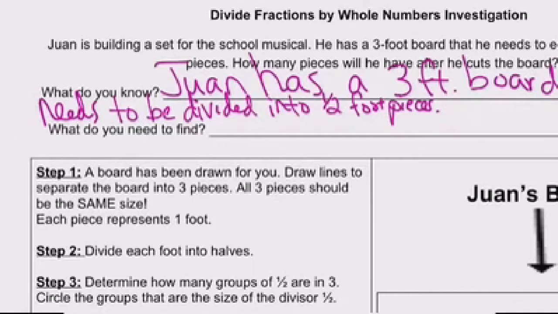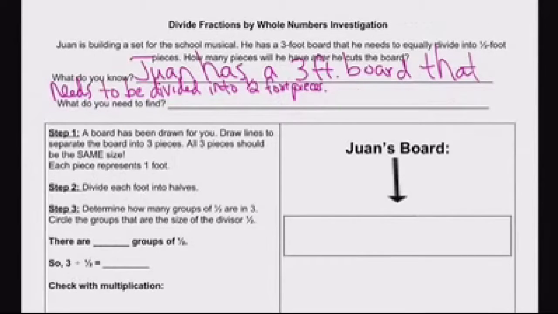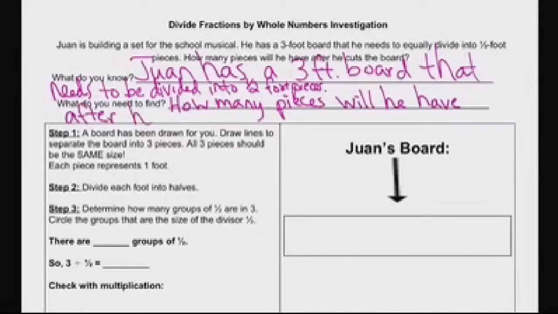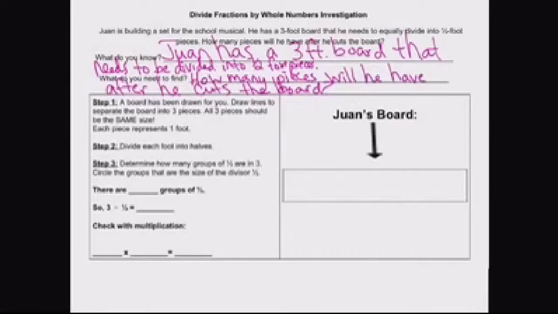Okay, we need to find how many pieces he will have after he cuts the board. Okay, so down here we can see a picture of Juan's board, his 3-foot board, so it's 3 feet